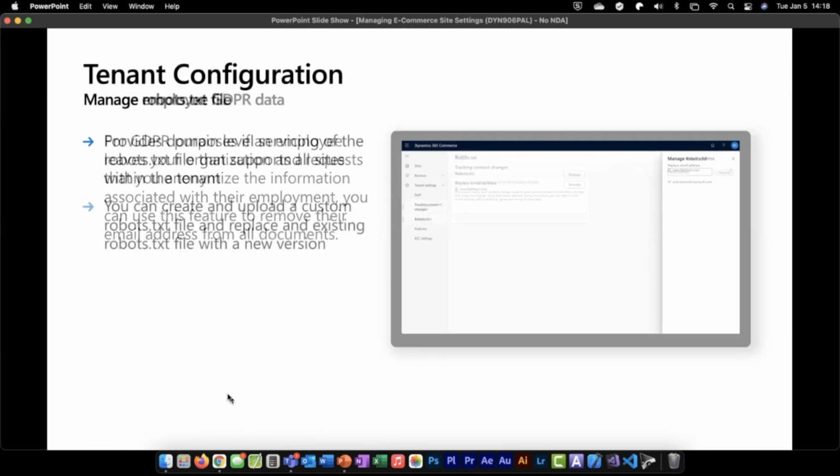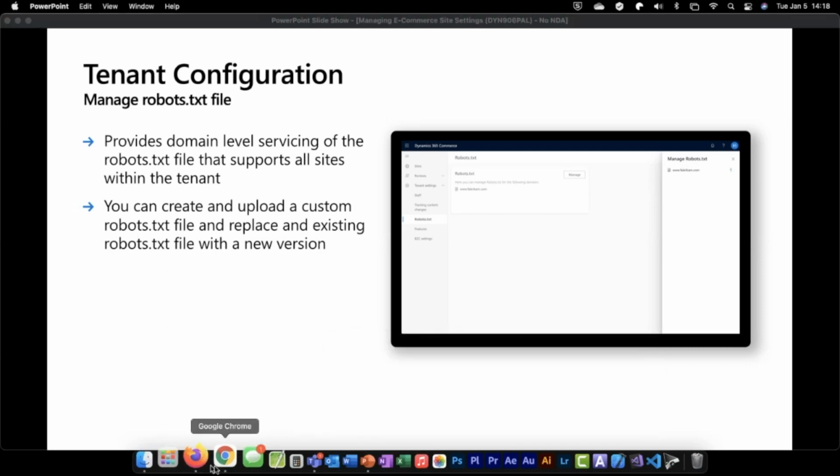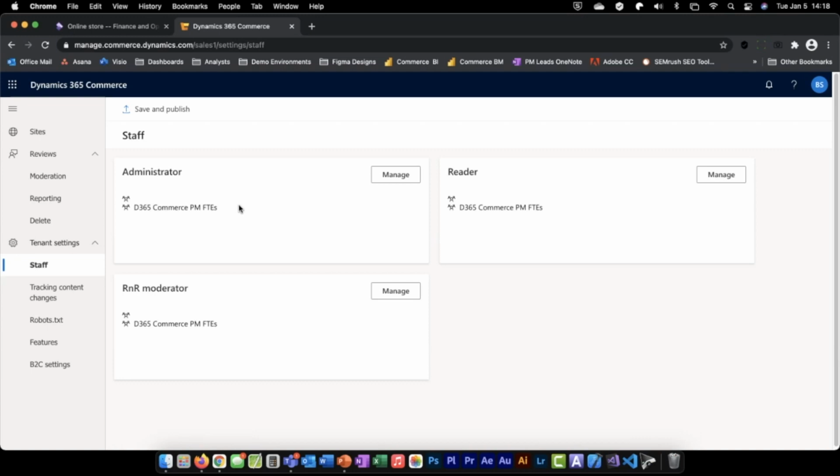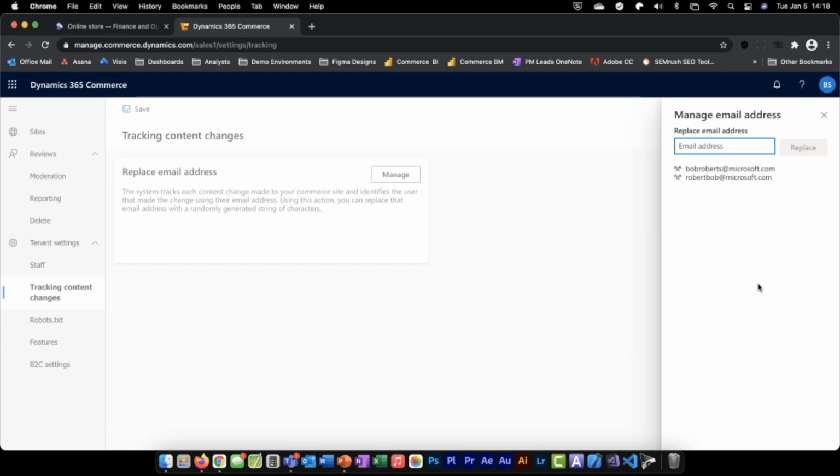We can actually see that in process today. We can jump over to our site builder. We can go to track content changes, and all we need to do is click on manage and drop someone's email address in here. So I'm just going to put in Bob Thomas at Microsoft. Actually, it's validating it, so there isn't a Bob Thomas. I've already used the two people I know, so I'm going to put in